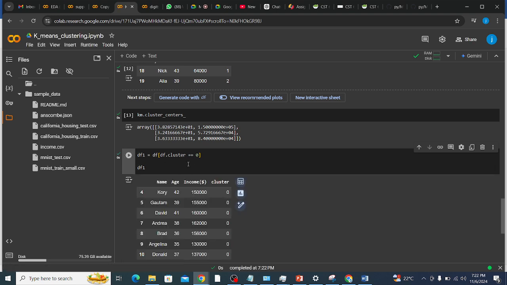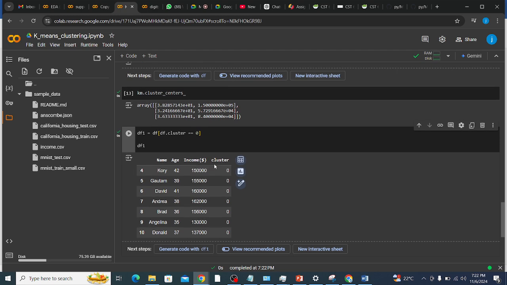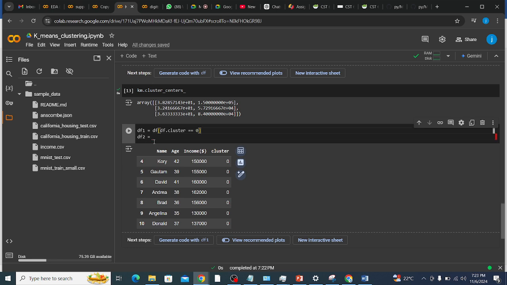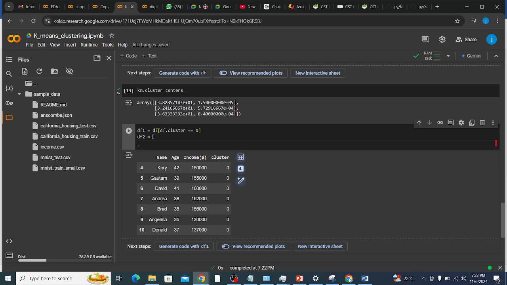This one is just going to give us the data for which cluster is 0. Then we can have a df2. With this we are going to draw a better scatter plot. So let's have df2, and in df2 we just need df dot cluster